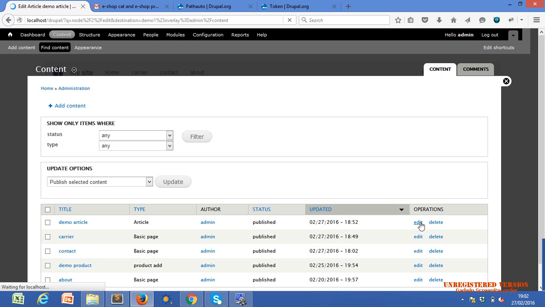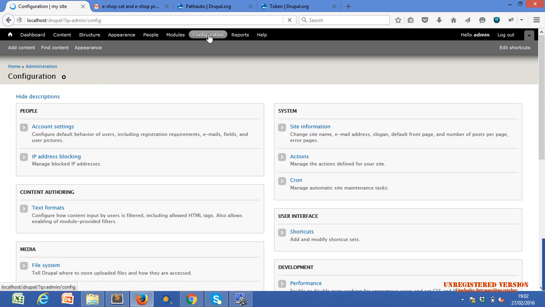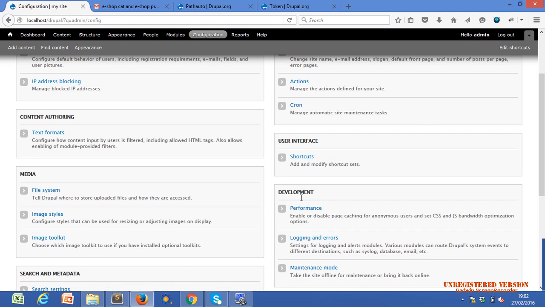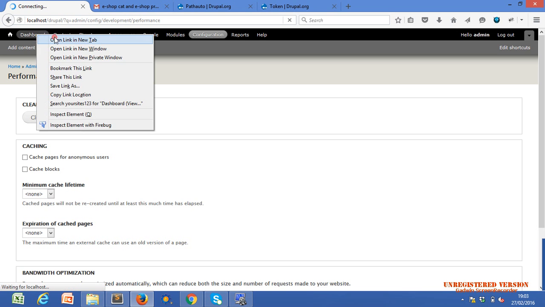Content, option, creation. Yeah, I just have to remove the caches. Just clear all cache.